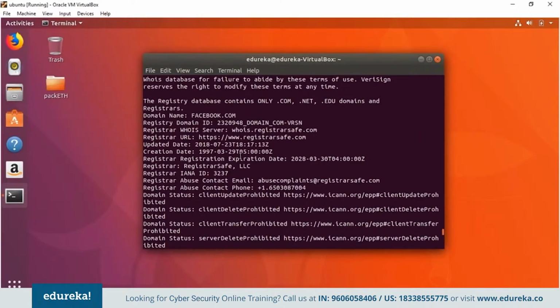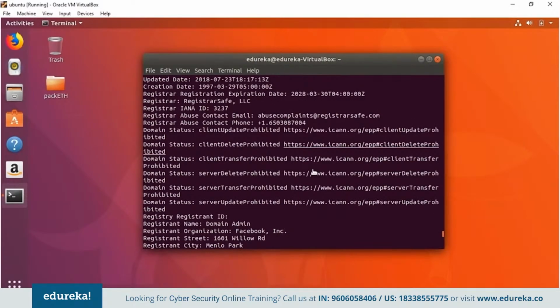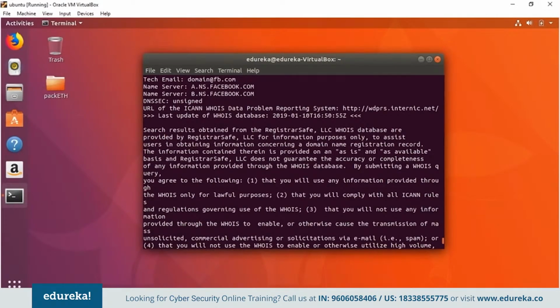Now, I want to query a different IP address, and different information belongs in the different regional internet registries, of course. So if I want to go to a particular database, I would have to use the -h flag. So I could do whois -h ARIN net and remember the IP address, and I'm going to query that again. And of course, I get the same information back because I went there. So you could just go whois -h and then follow it with an IP address. So something like